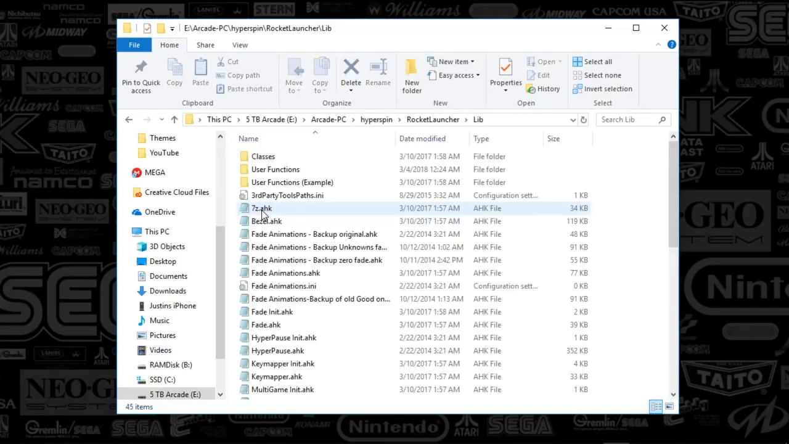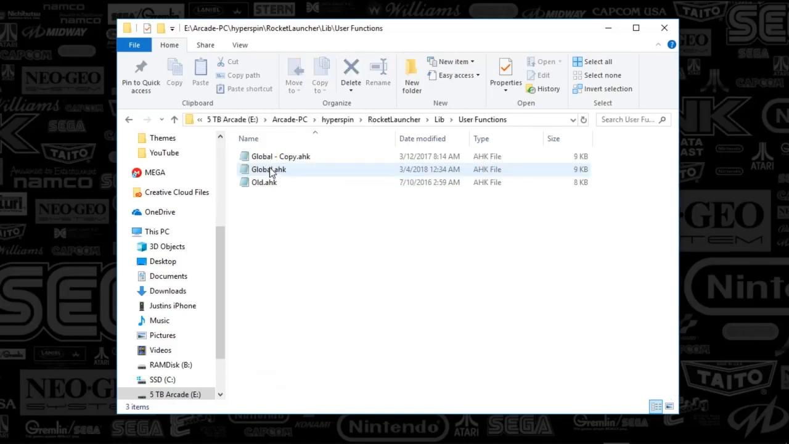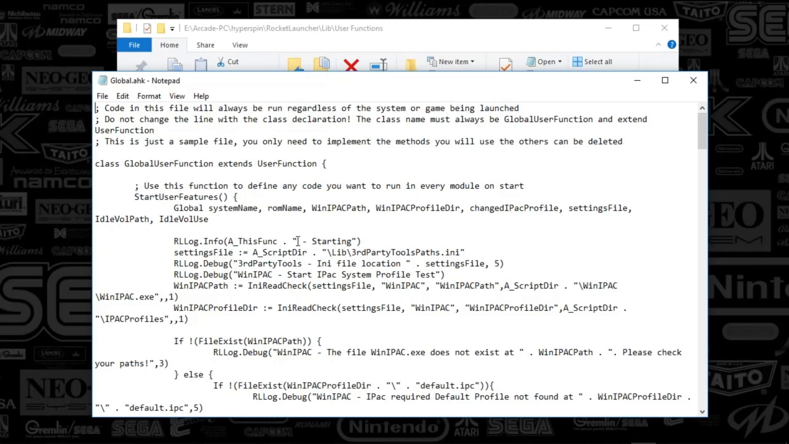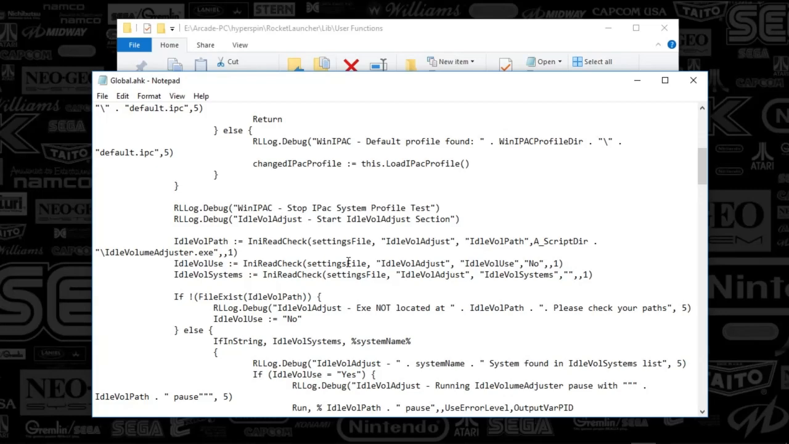This lib folder, this is going to be your code folder. This is all predefined within the package that you have, with the exception of user functions. If you open that up, basically you don't have to put anything in here. As you get used to all of this, you will be hunting on the forums for various things. I might just post this on my mega site. But basically, in this global Autohotkey,